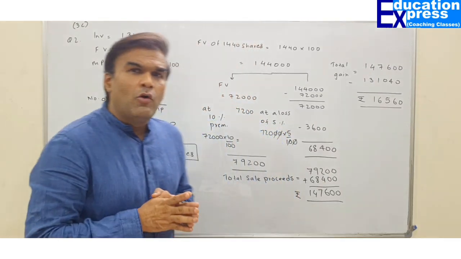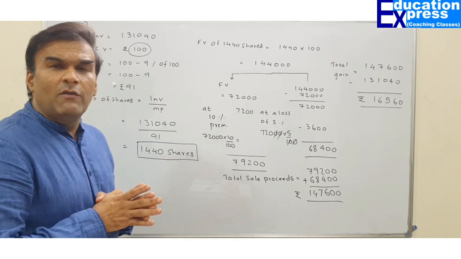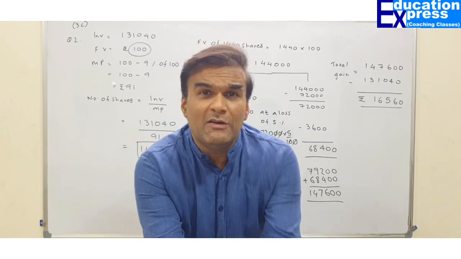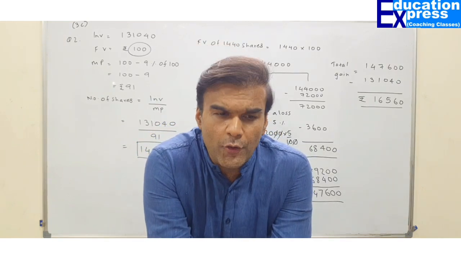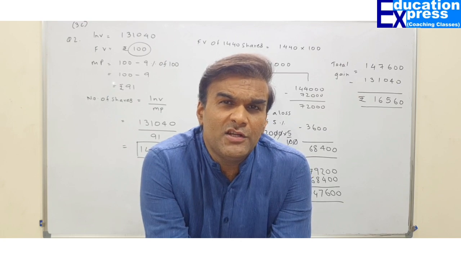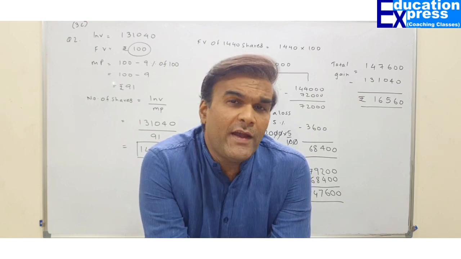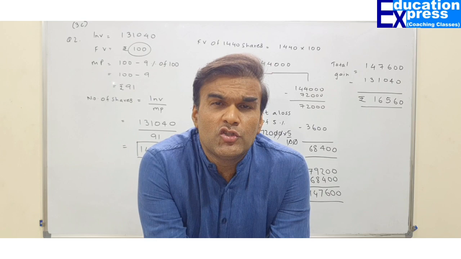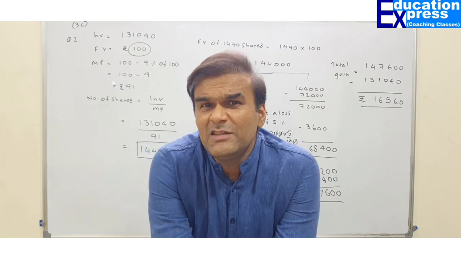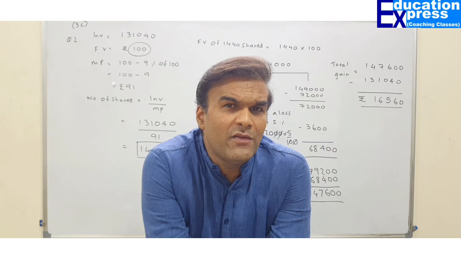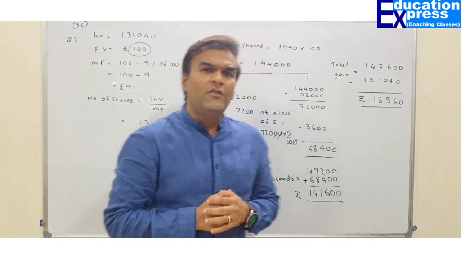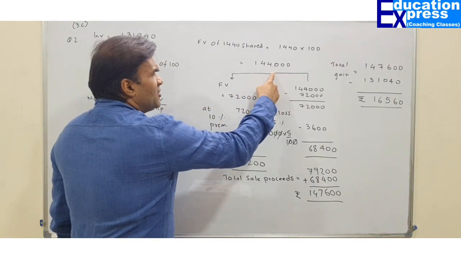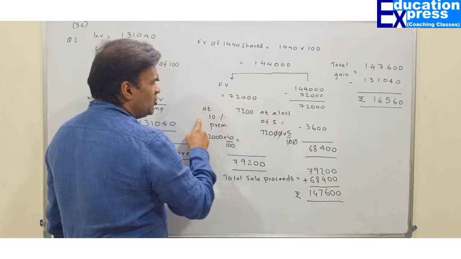Let me make you understand one more time. It is given that Mrs. Kulkarni has invested 1,31,040. The face value of the share is 100 rupees, whereas the cost at which she bought is at 9% discount. So face value 100 minus 9% would eventually give us 91 rupees. I will find out the number of shares. My number of shares would be 131040 divided by 91. So I am going to get 1440 shares. Since these 1440 shares had a face value of rupees 100 each, the face value of all 1440 shares would be 1,44,000.